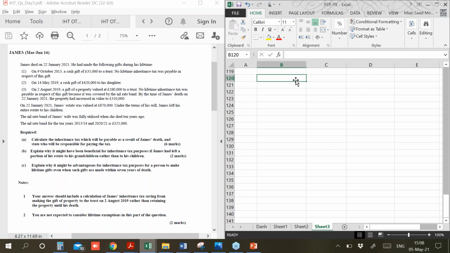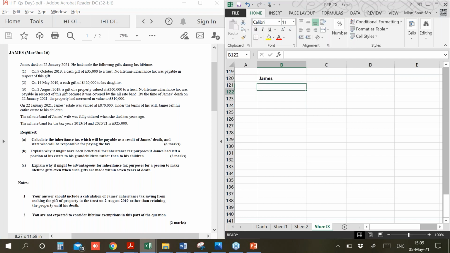James died on 22nd January 2021. This is an important date to be remembered so that we can see what gifts are exempt and what are the ones that are chargeable on his death. On 9th October 2013, a cash gift of 35,000 to a trust. No lifetime inheritance tax was payable in respect of this gift. So guys, if I start from this one,